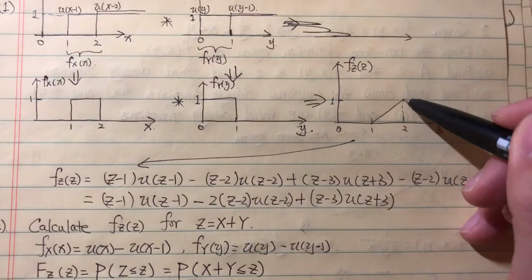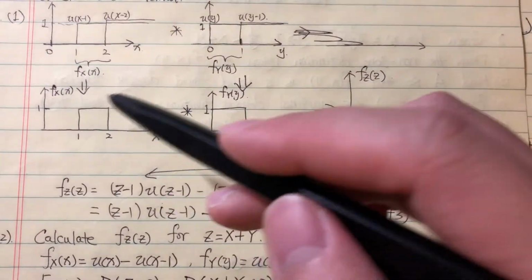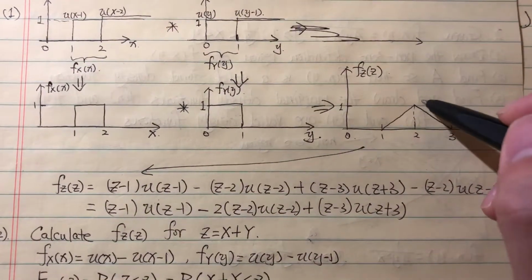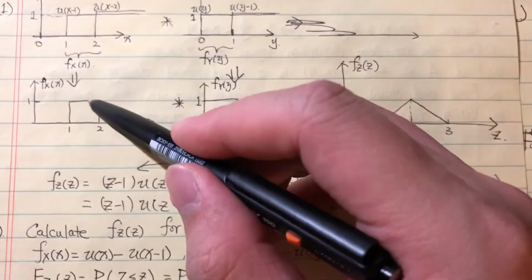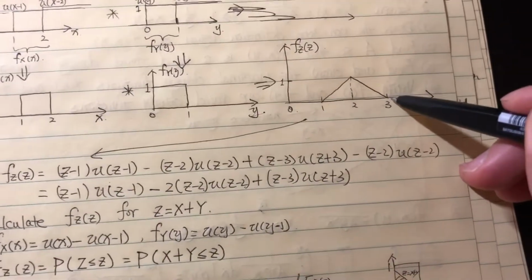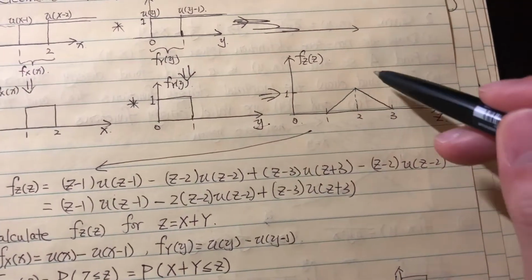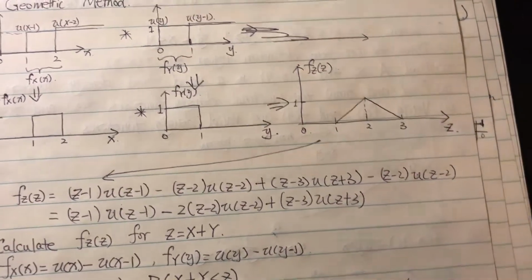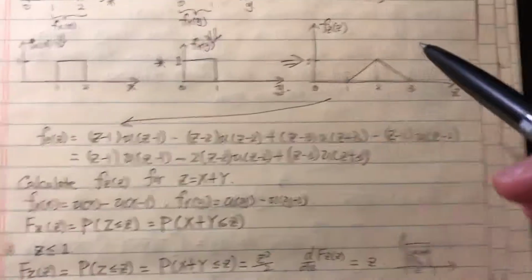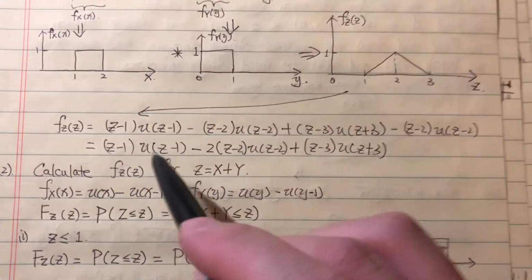When you reach 2, these two blocks are totally the same, so it reaches 1, and after that the common area decreases linearly. When it reaches 3, there is no common area. So it is this triangle diagram. Based on this diagram, we can write fZ(z)